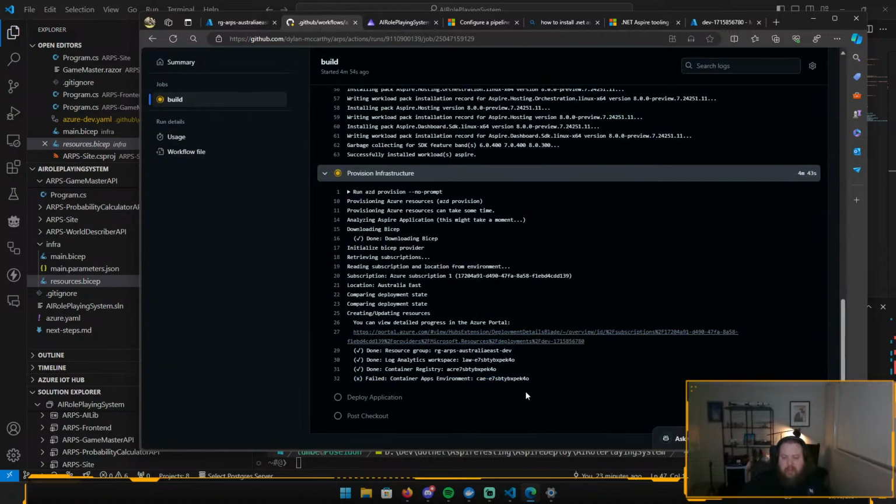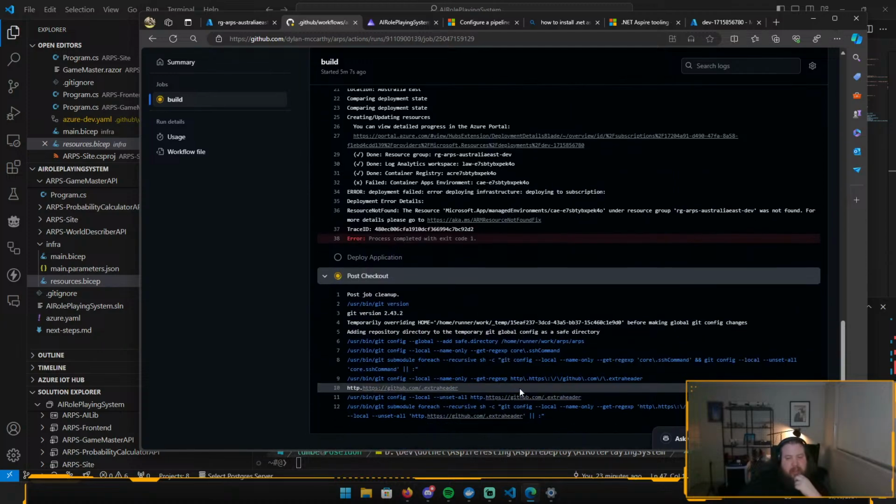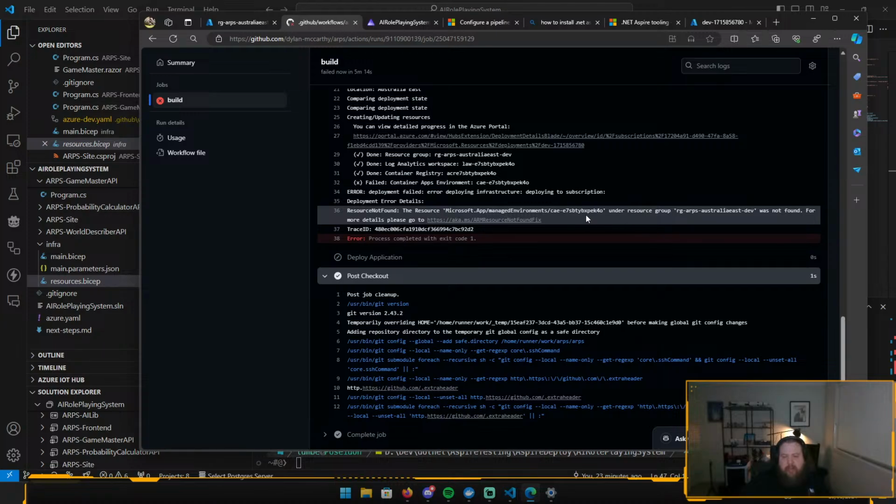Yeah, interesting that it's failing and coming up as failed. I wonder if this expects you to actually have run... Yeah, it's saying the managed environment's not found, but that's because it hasn't been given time to properly